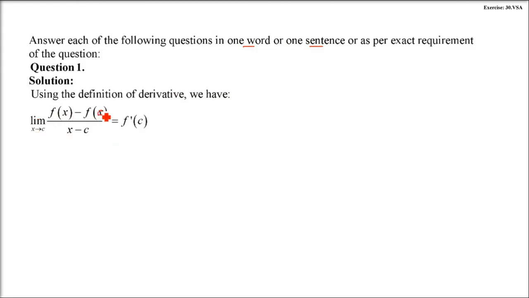minus c. So f(x) minus f(c) by x minus c, what do we know? We have done the theory also. It's f dash c. So it's a differentiation. So if you have a function f(x), now you want to find out d by dx of f(x). So there is first principle, there is another way. Actually this only gives you first principle, f(x) minus f(c) by x minus c.